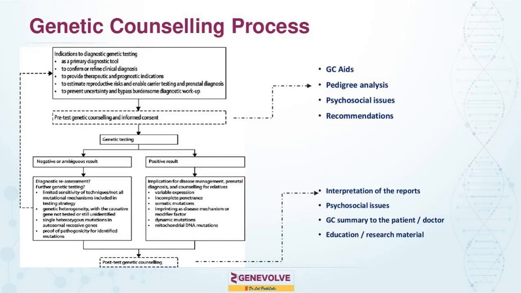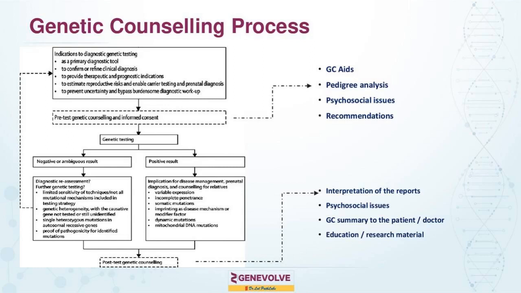Okay. So, as I was mentioning, once the results are out, it could be either positive, negative, or variant of unknown significance. Depending upon the results, we have to do the further workup. If it is positive, is it correlating with the clinical indication for the patient? What was the initial indication for the testing? Is it the recurrence risk or family planning or therapeutic? All these aspects are taken care of.